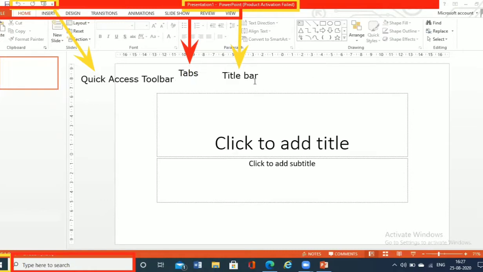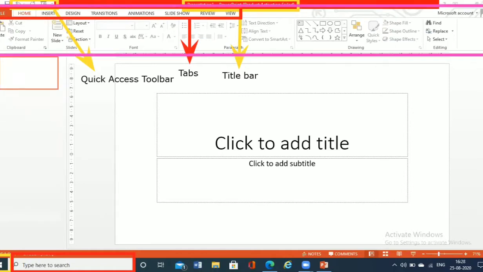Okay, so these are tabs. And ribbons are basically the combination of the tabs and groups. Once you combine them, the combination of tabs and groups is said to be the ribbon. So these two things, the tabs and the groups, are the ones which majorly deal with all the functionalities of MS PowerPoint. You can use them to make changes in your presentation. So these are the parts of the ribbon.